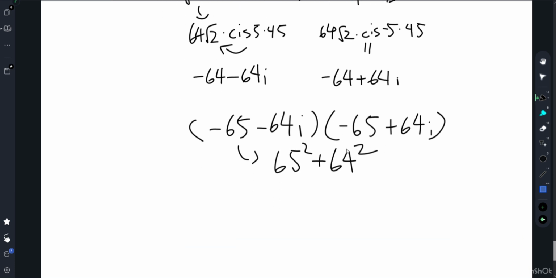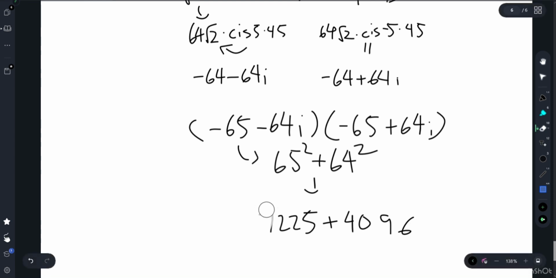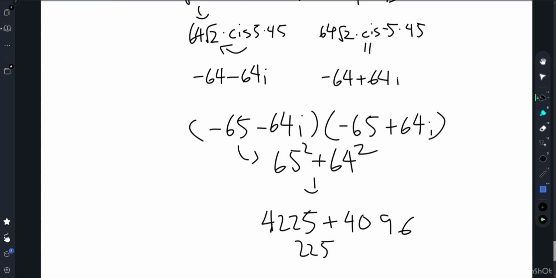We want this mod 1000, so this is 4225 plus 4096, sorry, not 7225, it's 4225. And this is 225 plus 96,